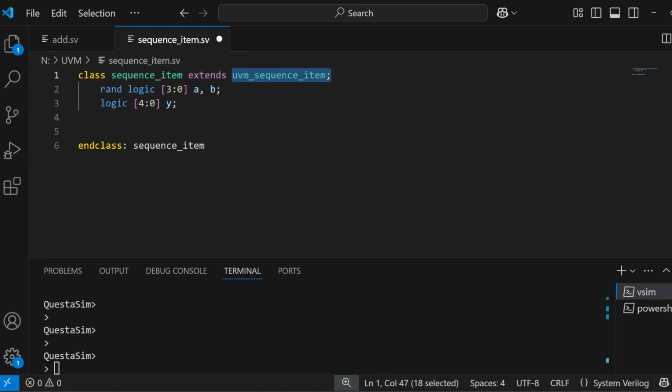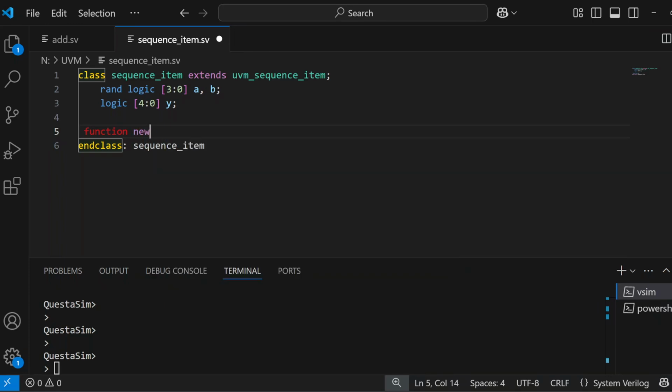In object-oriented programming, in SystemVerilog specifically, if the constructor of the parent class has formal arguments, then you have to explicitly call the constructor of the parent class. So for that reason,